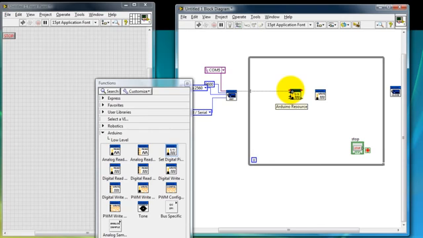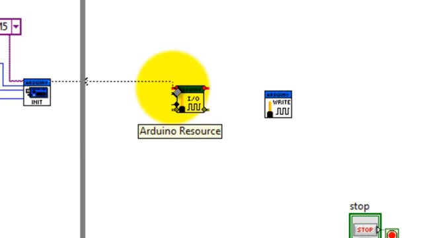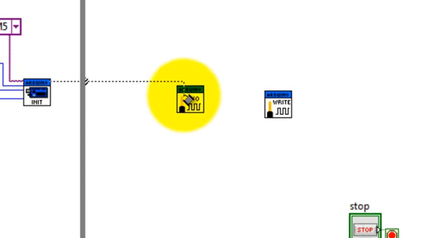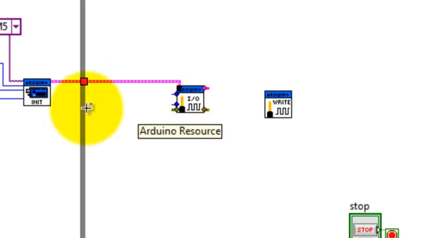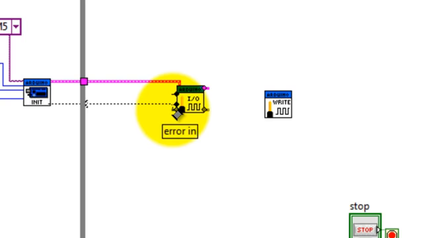So what you want to do first is connect the output of your init block to the input of your pin mode block. So from Arduino resource, the pink output to the pink input of this block. Do the same thing for the error out to the error in,